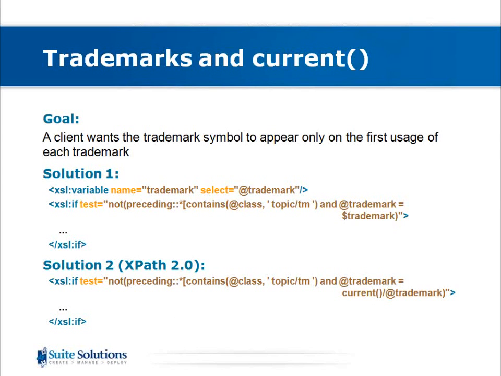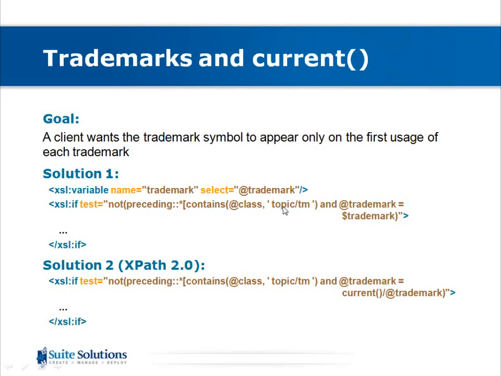So we first need to get the trademark attribute of our current element. We set that to be this variable, the XSL variable named trademark, and we get the trademark attribute of our current TM element. And then we check to see if there are any previous elements that have that same trademark attribute. We do that by seeing if it is not the case that there is a preceding element of any kind